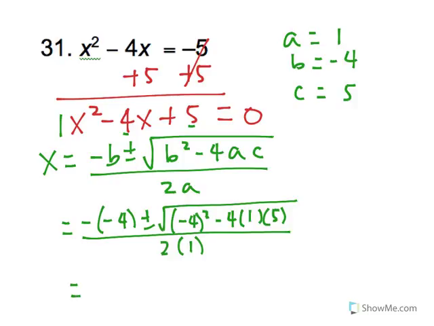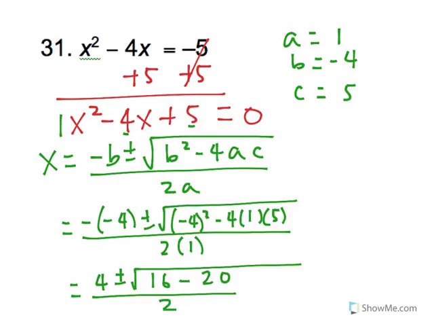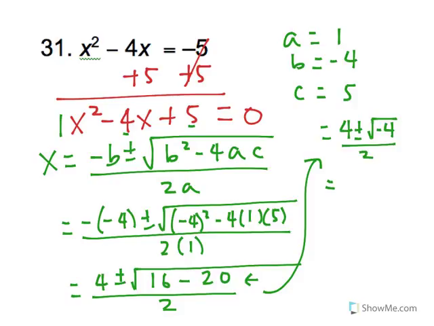And simplifying, we have negative times negative, which is positive 4, plus or minus 16 minus 4 times 1 times 5 is 20, all over 2. And we're going to bring the answer over here. Next, we have to simplify the inside of the radical, which is going to be negative 4. Now, trying to take the square root of negative 4, this is going to be an imaginary number because negative 4 can only be simplified into